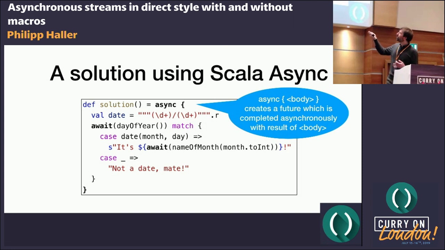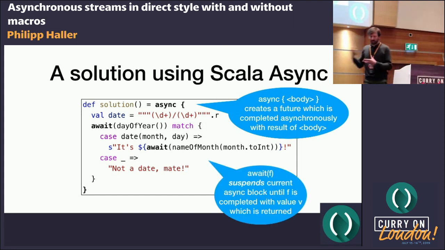Well, we need, of course, the result of the future returned by day of year. Now it's possible that the result is either already available or it isn't, and we still have to wait for it. And so here we can use this method await and pass it a future. What await does is it checks if the future is already completed, in which case we can take the result and just continue our execution with that result.